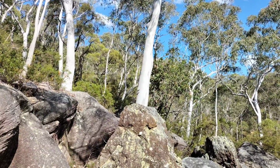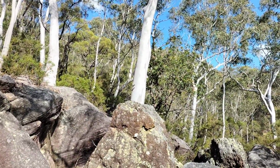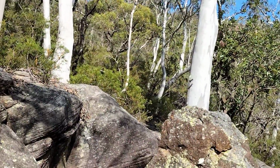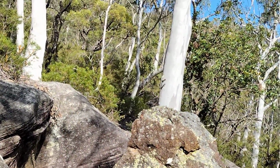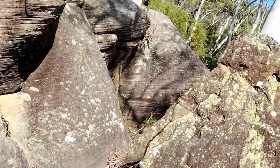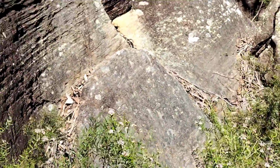See if I can zoom back in. Right on the edge of that tree there. I'll have one shot at getting a bit closer to him before he runs right off. I'll see how I go. He'll probably run away before I get any closer, but